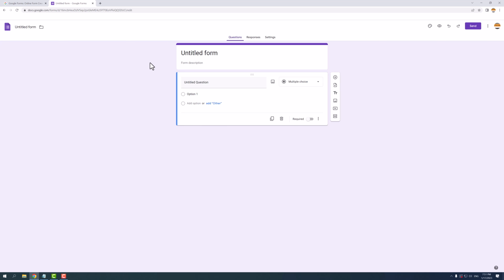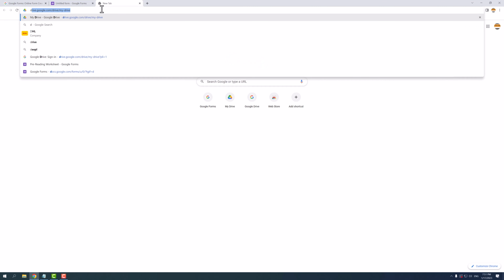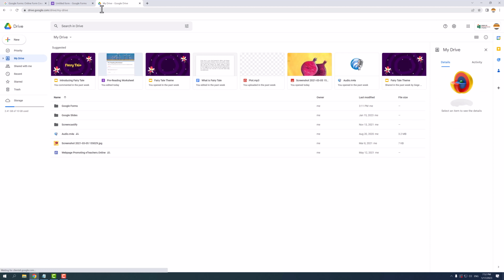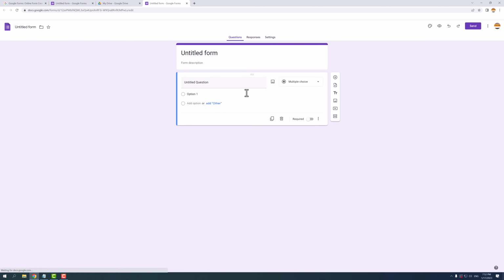So the other way to start is from Google Drive. So let's go to drive.google.com. Here in the familiar Drive dashboard, you will again see this new button that we saw earlier with this colorful plus. Simply click on it, and then you'll have this pop-up window. Locate Google Forms in this drop-down menu under Google Slides. So you see, now we've created another new form, and we're right back where we were